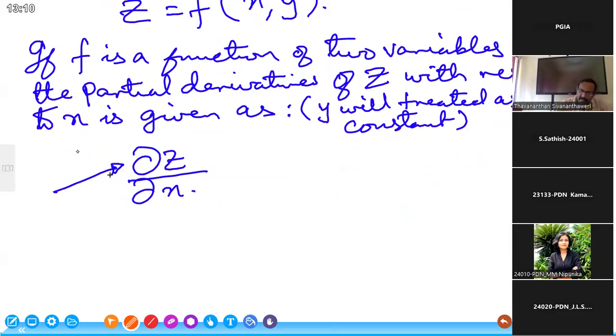It is the same as dz/dx, but we use d for the full derivative, and for the partial derivative we use the partial symbol to identify it. So this is the derivative of z with respect to x, equal to